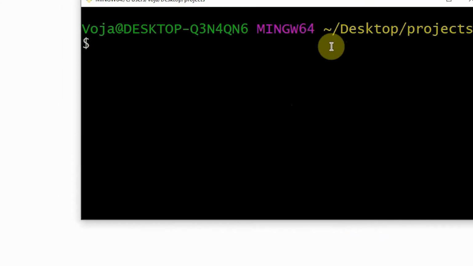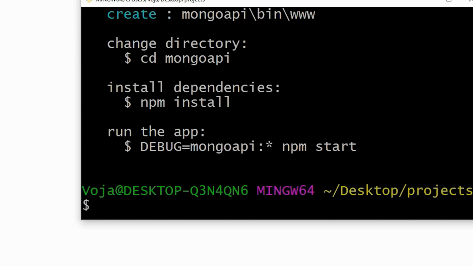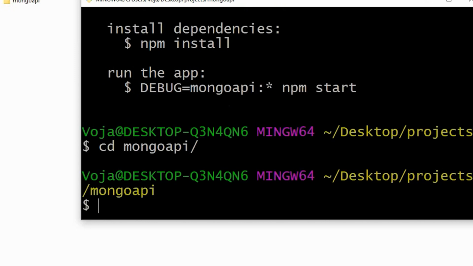So in here I'll say npx express-generator and the project name Mongo API, I guess, and I'll also say --no-view because I don't really need a view. Okay, there we go. Now I'll cd into it as it says, so cd Mongo API and